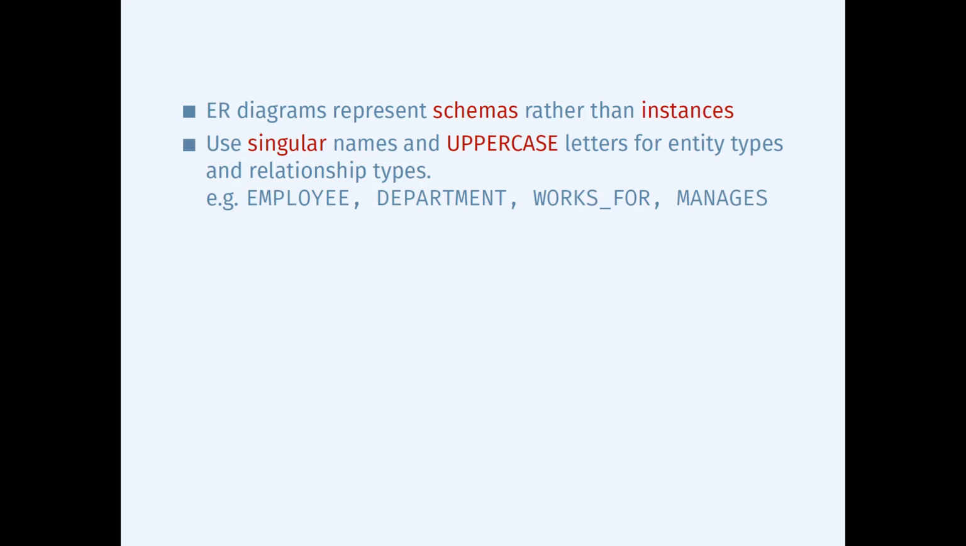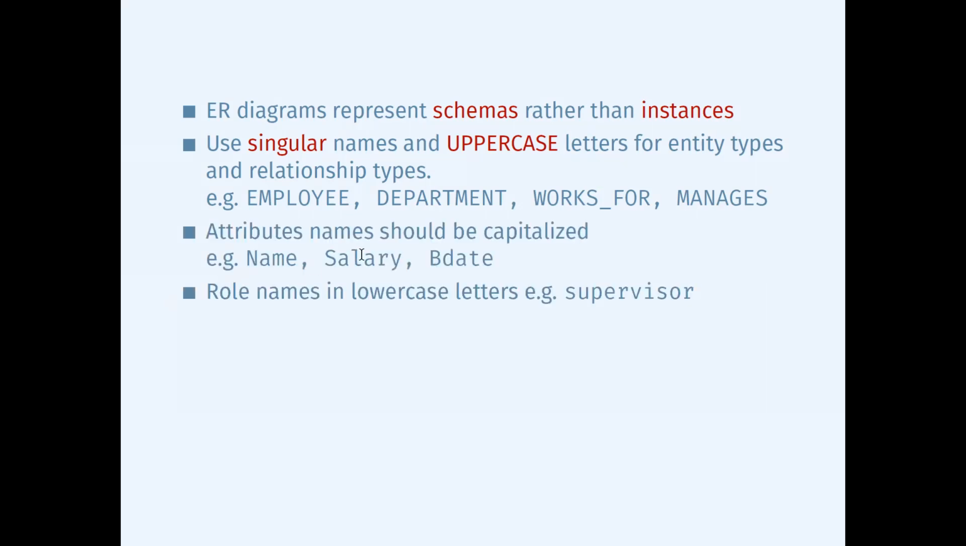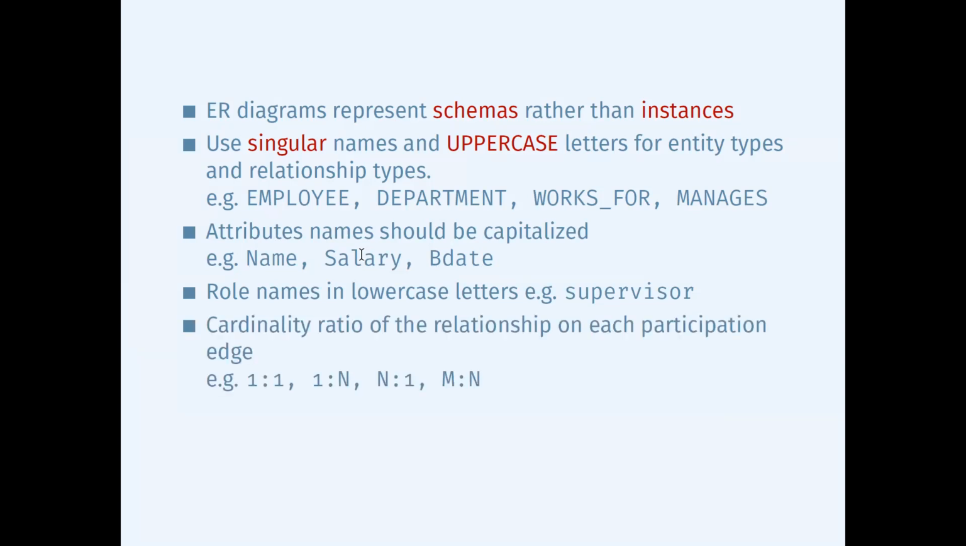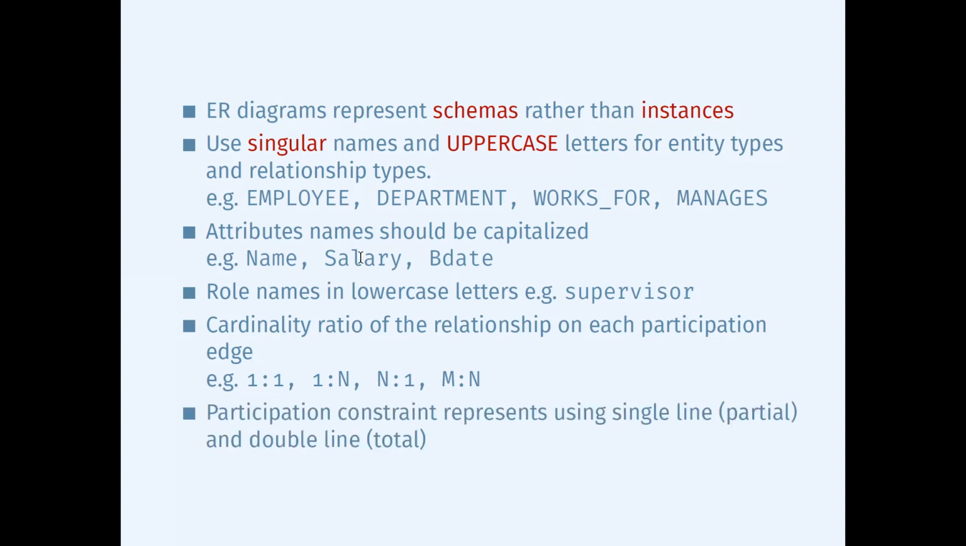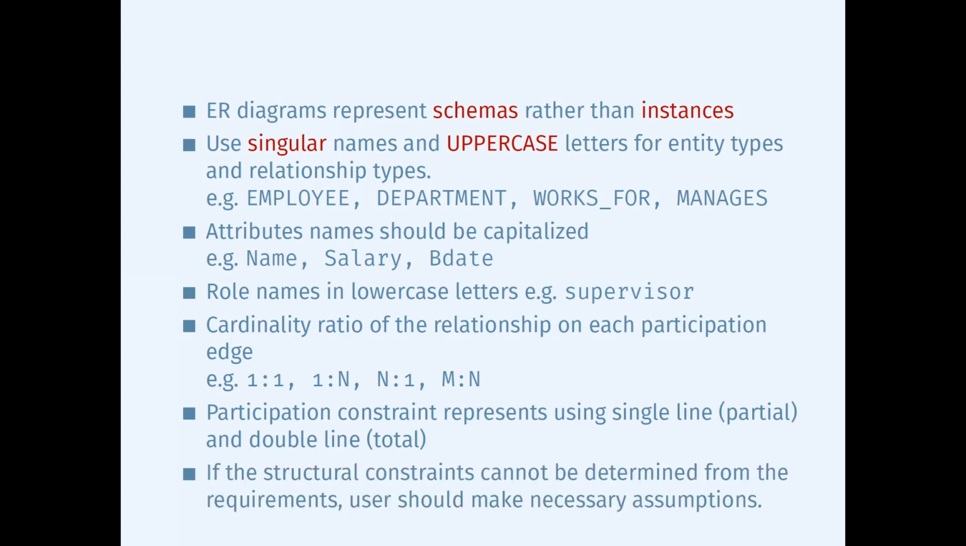In each diagram we have to represent schemas rather than entities, and usually prefer singular names and uppercase for entity types and relationship types. But that could be changed if you want. Attributes should be capitalized like this, and role names should be like this, supervisor, and the cardinality ratio could be put like this. And participation constraint represented by a single line and a double line. So this is also what we want to represent. Last one, the degree of relationship,